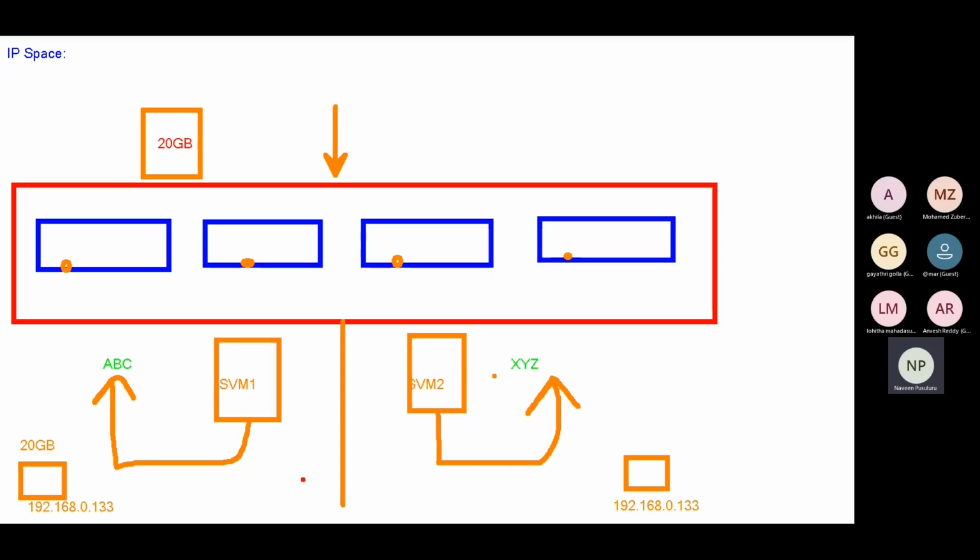So this is what we call IP overlapping. That means I'm supporting two clients and both the clients are using the same IP address in their private network. As I need to communicate with them, and as they are using the same IP address, my network will face some complexities, right? So in order to avoid these kinds of things, what we can do, I'll create two separate IP spaces for them. IP space 1 for my client ABC and IP space 2 for my client